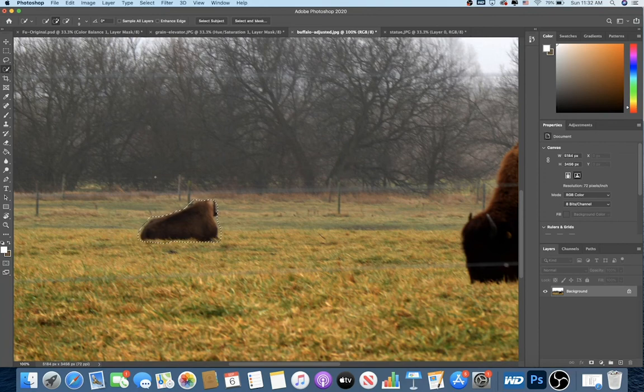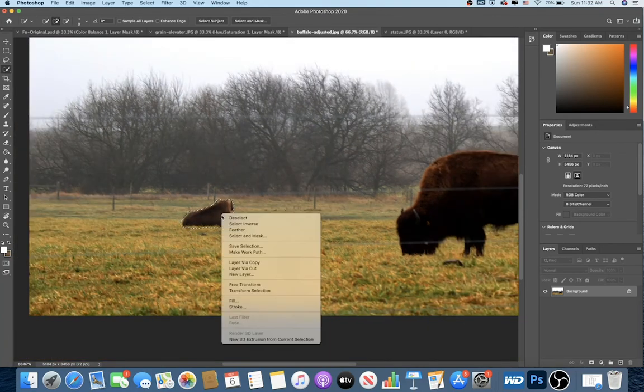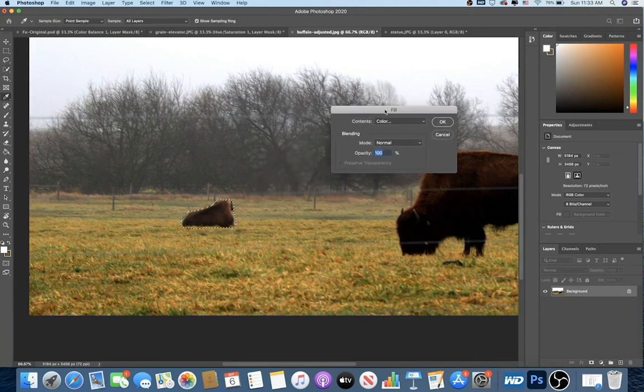Here's where the fun stuff comes in. I've got my object selected that I want to get rid of. If I right-click, I should be able to find the option that says Fill. Let's go ahead and click Fill. Now there's a few options you can pick for this. It's automatically set to Color. If I was to use Fill Color, it would fill it with the white that I have in my foreground color over on the left side at the bottom of our Tools panel. But there's other options. We can go with the foreground color, background color, we can pick our own color, but